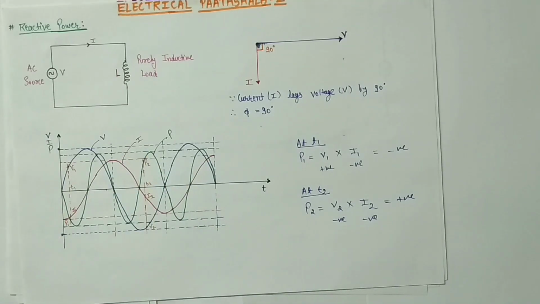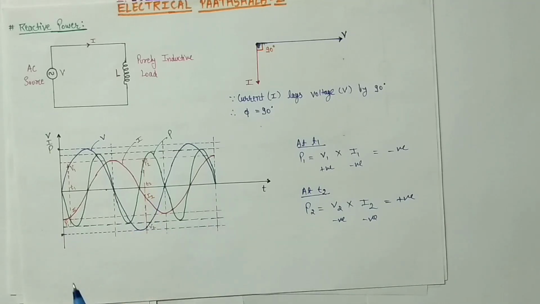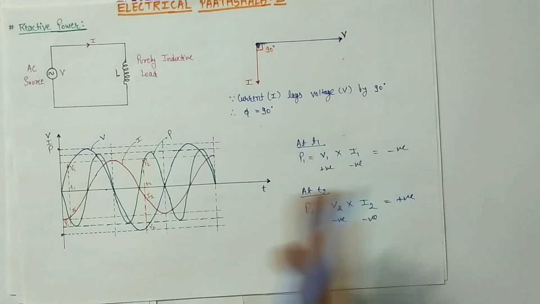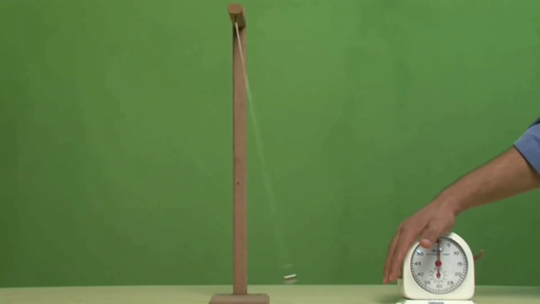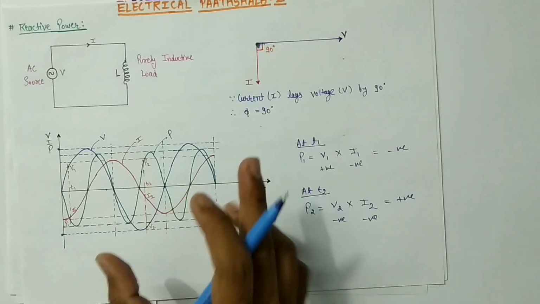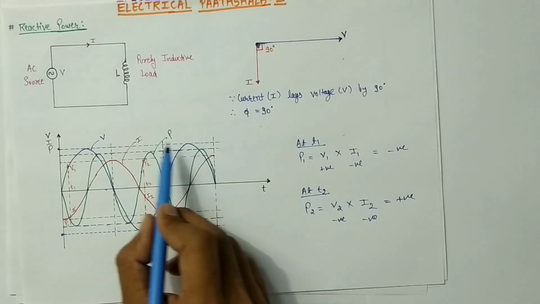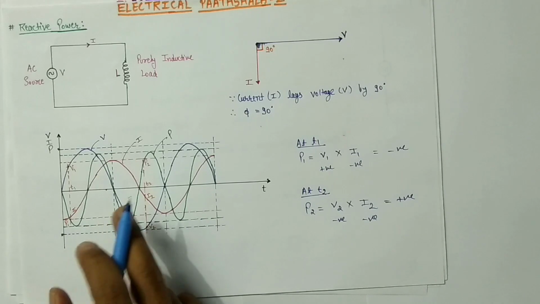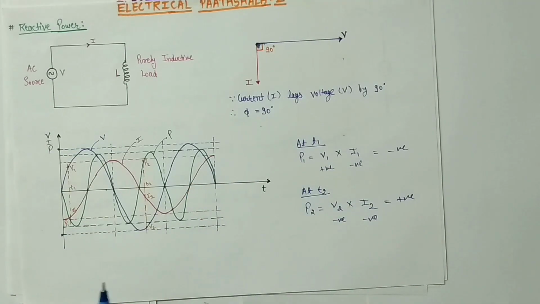Now in this waveform we can see that the power is positive and negative as well. What does this mean? It means that power is going forward from source to the load and coming backward from load to the source in the circuit, exactly like a pendulum, without doing any useful work. This type of power is known as reactive power. And one other thing is that in this waveform you can see that the magnitude of positive power and negative power are exactly the same. Therefore the average power that we will get out of this system will be zero.